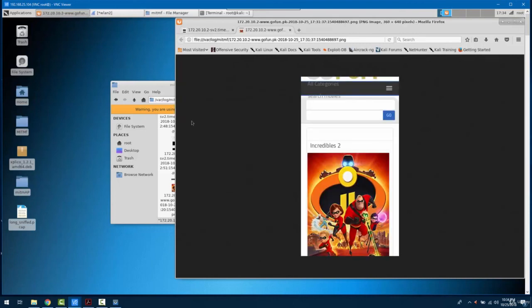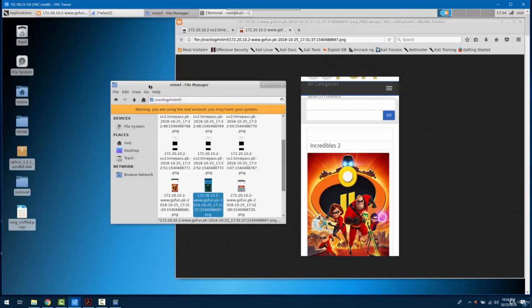right? So this is how you perform MITM attack from one network to another network, and you can do all type of attacks which I have shown you in my previous series as well. You can perform all the attacks like hooking BeEF or hooking HTML files or hooking JavaScript files or doing a screenshot like we did right now. So you can perform all the attacks from one network to another network victim machine, right? So this is how we perform attack from one network to another.